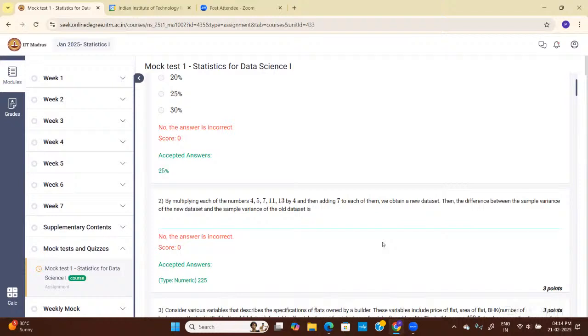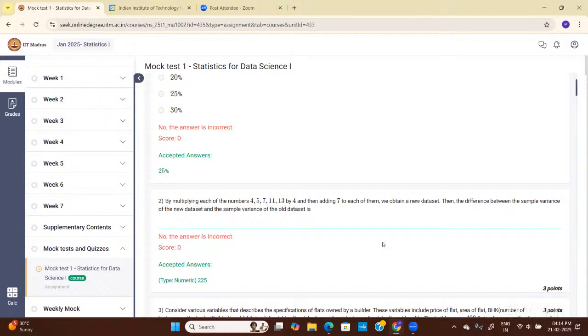Ma'am, if I am not doing all the PYQs, is there any problem for the upcoming exam? It depends on you. If you have studied everything and practiced a variety of questions, then you can solve it. It depends on your study pattern. It's not compulsory to do all the PYQs. It's for your practice. The question pattern is similar, not the same. Okay.